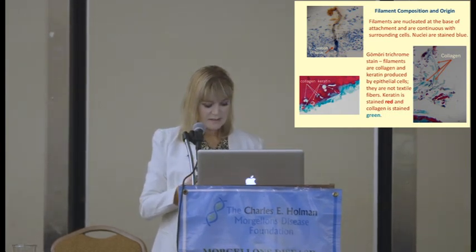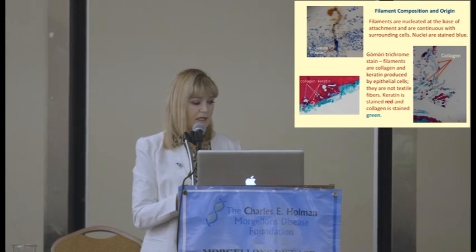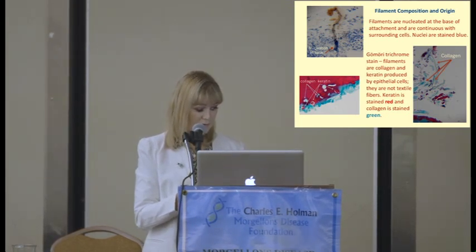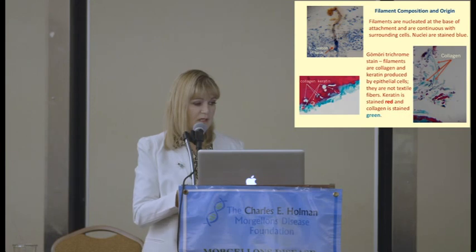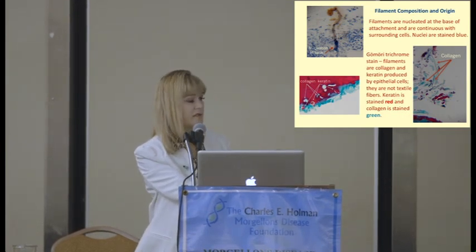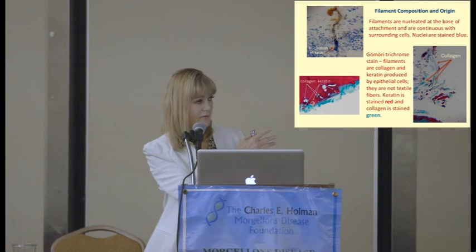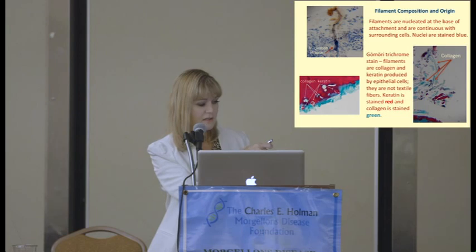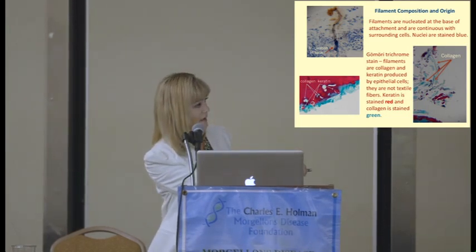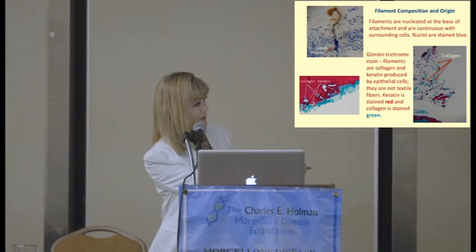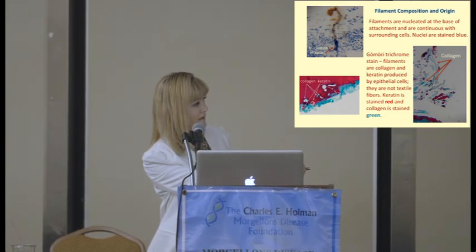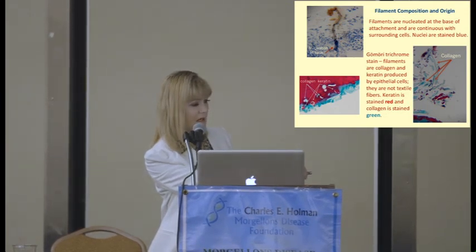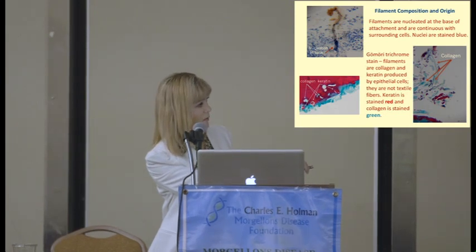So, at the base of attachment, fibers are nucleated and they're continuous with the surrounding skin cells. This shows us that they have come from those skin cells, and at the base of attachment, it shows that they're actually composed of these skin cells. And then as the fiber grows and older cells are pushed upward, they lose their cellular content. So you can see the base of attachment there and the little blue nuclei, and you can see that this fiber is continuous with the skin. This fiber actually has a little branch in it too.